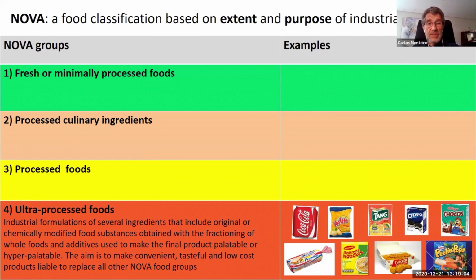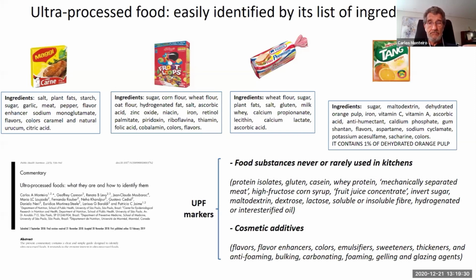So here, a formal definition of ultra-processed foods. They are industrial formulations. They are not foods. They are formulations of ingredients. These ingredients include original or chemically modified food substances that are obtained with a fractioning of whole foods, and additives that are used to make the final product palatable or hyperpalatable. The aim here, as I said, is to make convenient, tasteful, low-cost products liable to replace all other food